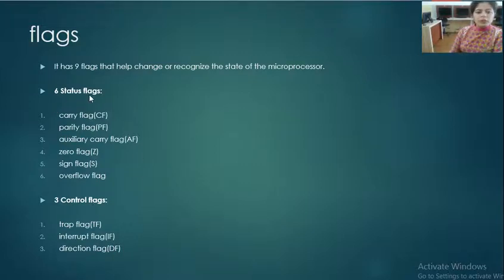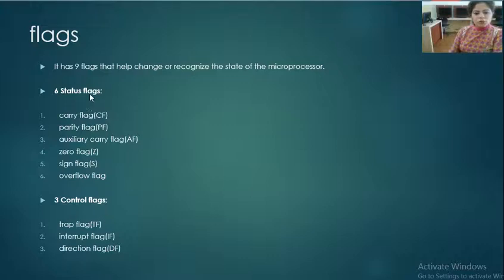Status flags, we have already studied in the 8085. These are the same as 8085, so the working of these flags is the same. That's why I have not written the definition of these flags, because you already know. So you must know how they are divided into two categories, and in which category what is the name of every flag. In case of 8085, there are total 9 flags. They are divided into two categories, status flags and control flags.